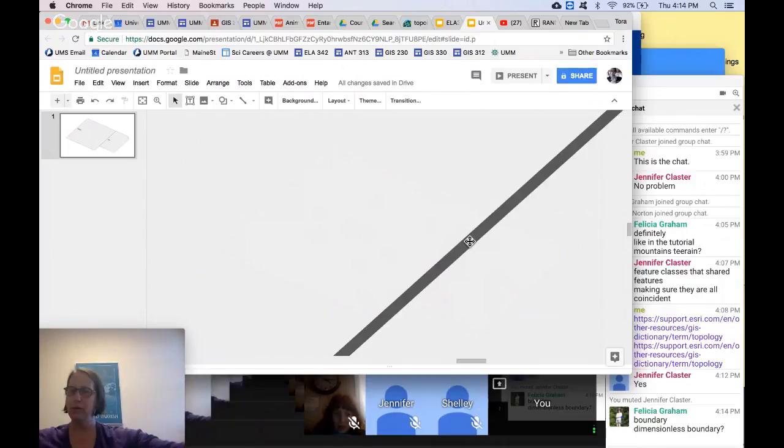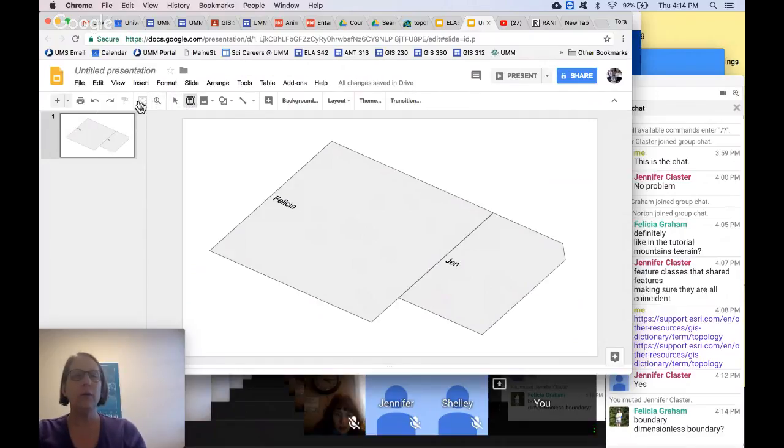It has one dimension, which is length, right? It's not supposed to have two dimensions. There's not supposed to be a gap between those two lines. So in order for our parcel map to work right, we need to make sure those lines are snapped together so that the computer knows that they are adjacent,